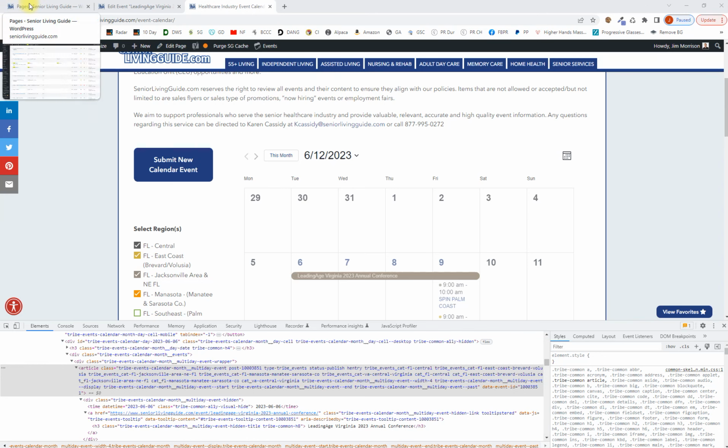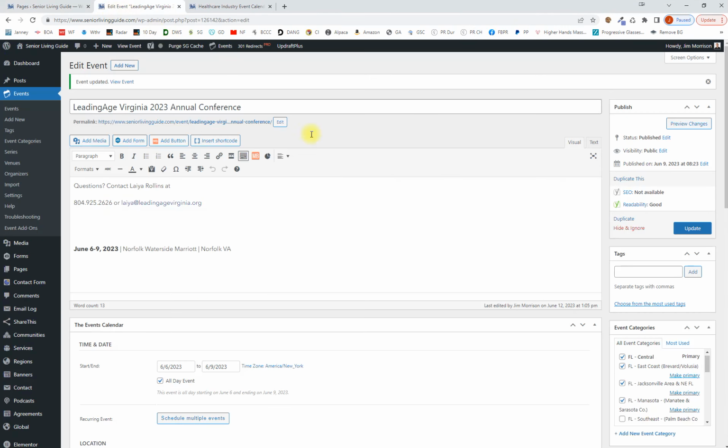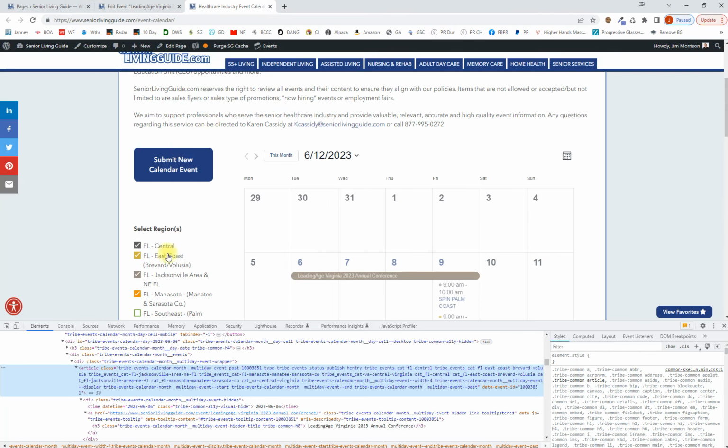And the answer is yes, but with a commentary. So I put this one here in 4 categories. The top 4 here are the ones that I added. The one down here that was Florida, Central Virginia was the one that was already in. So I just added these up here temporarily for this test and saved it, went to the map, and here